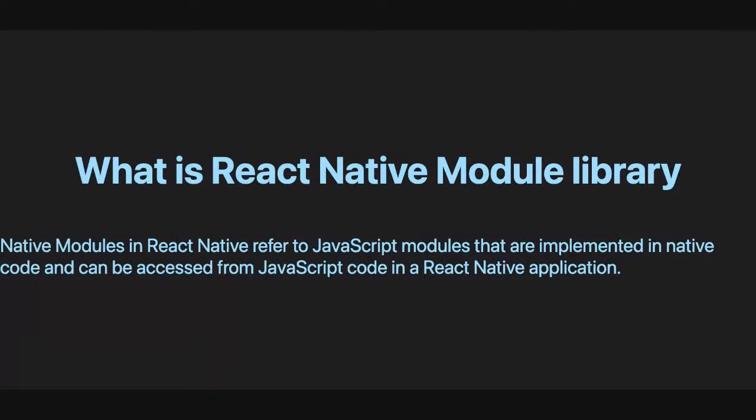Native modules also allow us to create custom native code and expose it as JavaScript modules in a React Native application, providing a bridge between native and JavaScript in our applications. Native modules are mainly used to create a pre-built